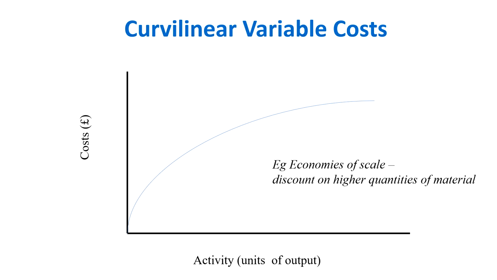So the next one is what are called curvilinear variable costs. So these costs, they do vary as the activity level changes. So as you can see on the graph there, as the activity level increases, the cost, as shown by the blue line, increases. However, not at a constant rate. So we don't have a straight line here. It's a curved line. And the slope decreases as the activity level increases. So what this shows is